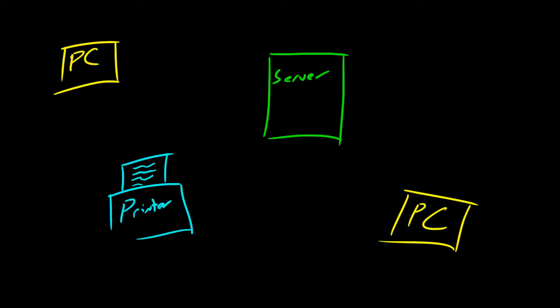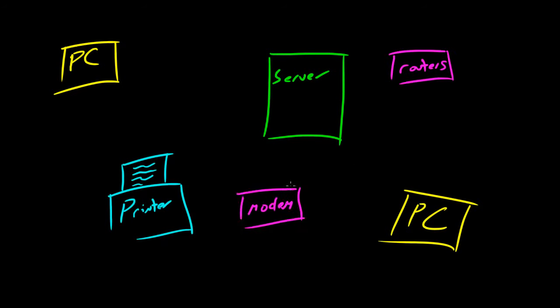But anyways, you typically have a printer, and then you have your, let's say, network hardware. And this is the stuff that people typically think of whenever they think of computer networking, like routers and your modems and switches, if you know what those are. I don't want to say these all have to do with networking, but this is typically what people think of,